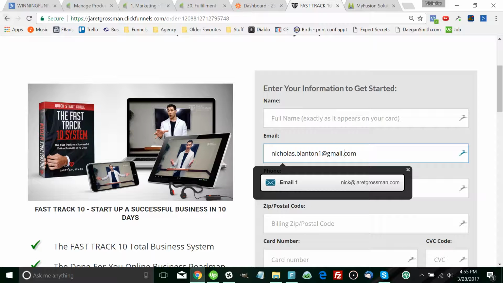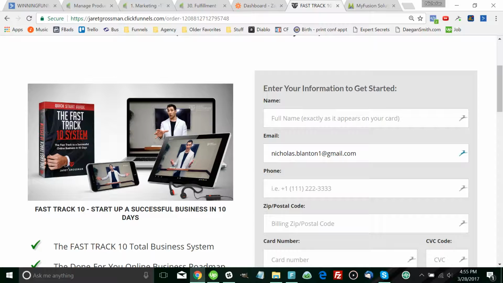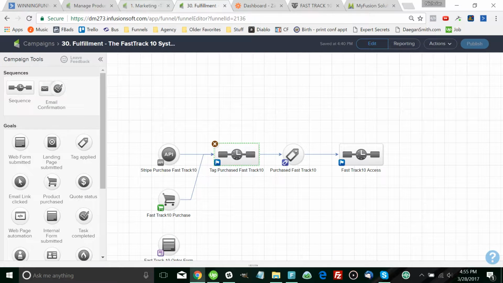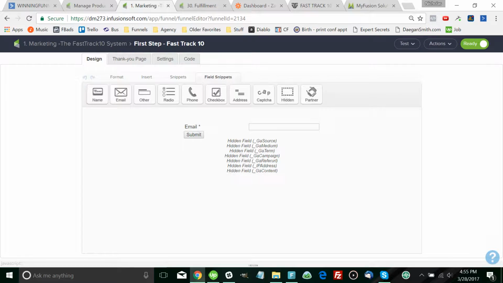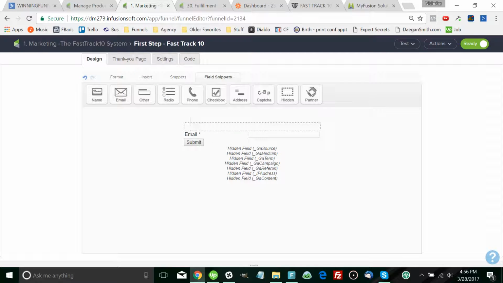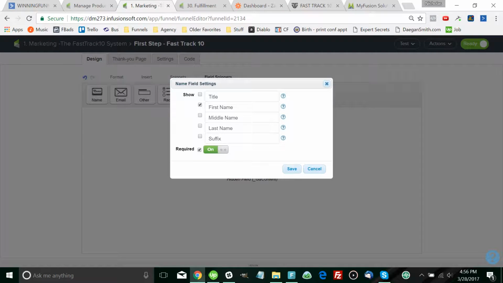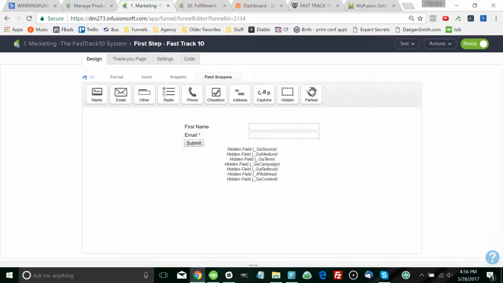So I'll just assume it's okay. Let's take email, just in case you have first name on there. You probably don't. I think you usually don't. I'll put first name, but I'll make it not required, because if it's required, then it'll have issues every time